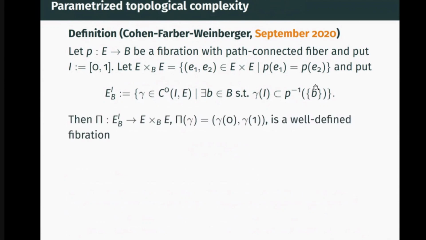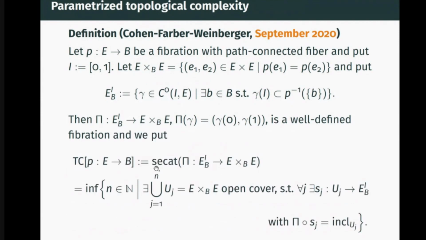And it turns out that if we take this path space and this pullback space, the restriction of the path fibration to here is indeed again a fibration. This is not trivial to see, and you need P to be a fibration for this, but this is how you get a fibration. Then you can guess what we're doing next: we take the sectional category of this fibration. This is denoted by the three authors as TC and then P in square brackets. So you take the sectional category of this,